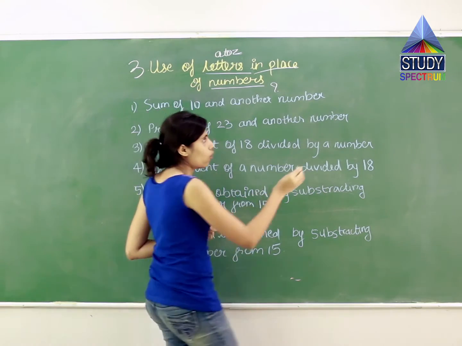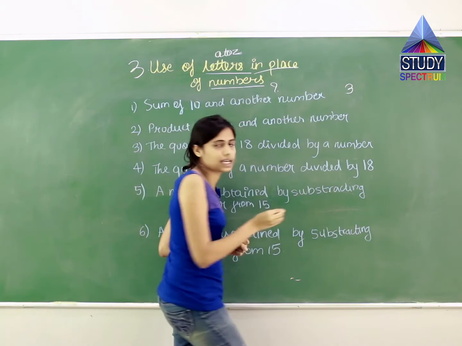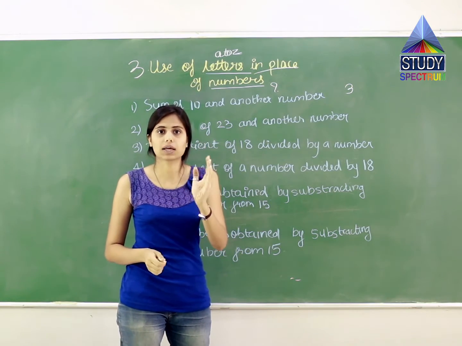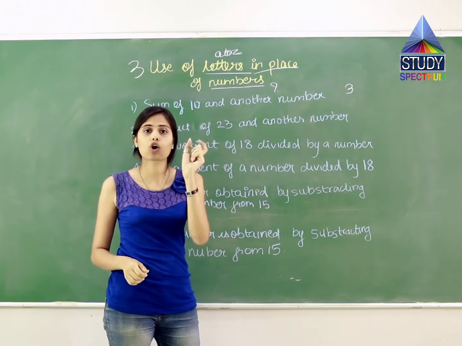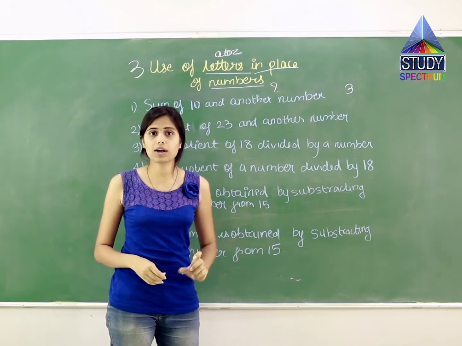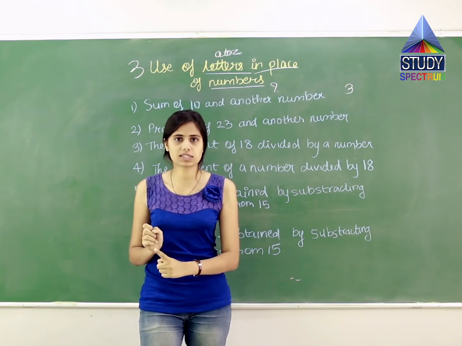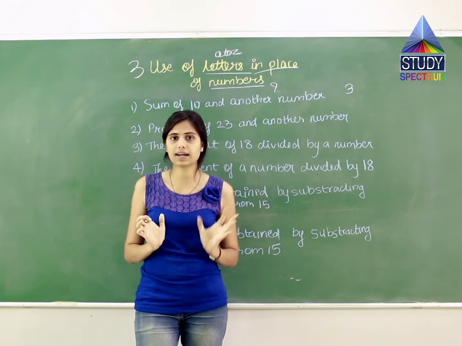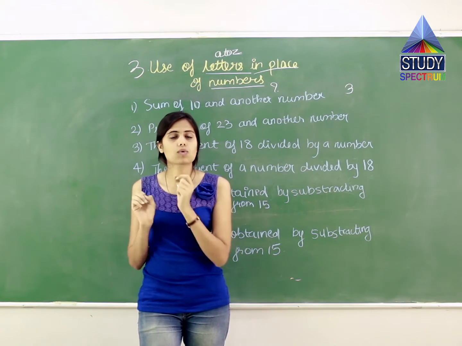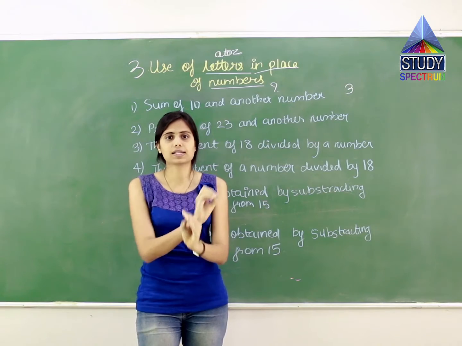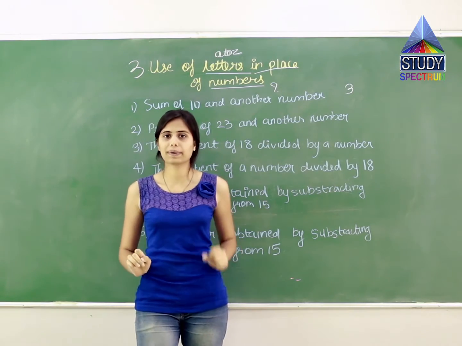So now I know that the price of one pencil is 3. And how did you get 9? It is 3 into 3. Price multiplied by quantity. Quantity means the number of pencils that you get. The price of one pencil was 3, and I got 3 pencils. So I multiplied the price, 3 rupees, with 3 pencils, and I got the amount as 9 rupees.